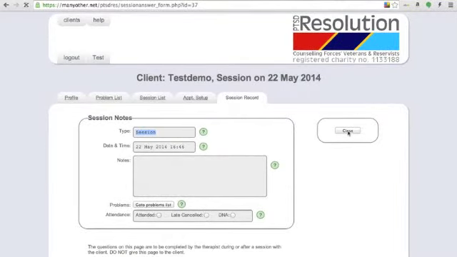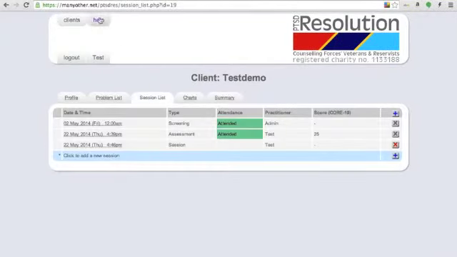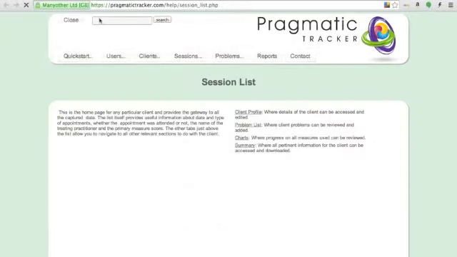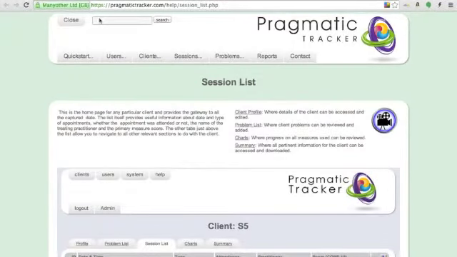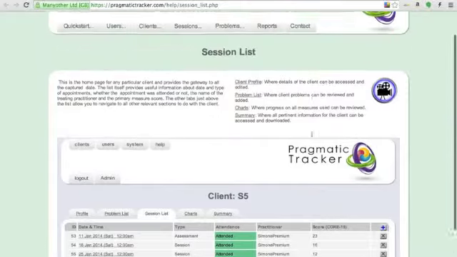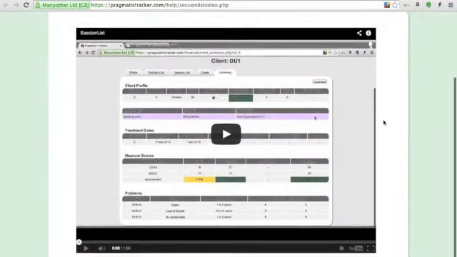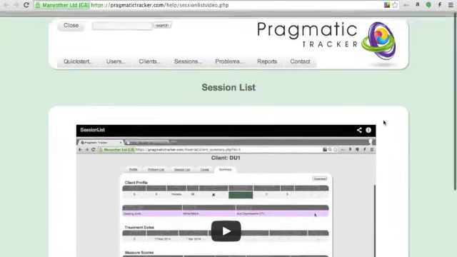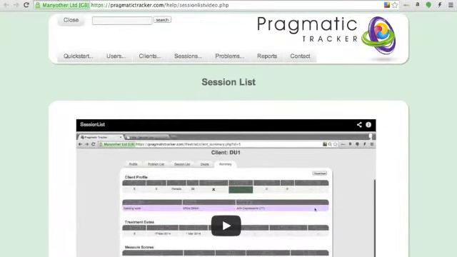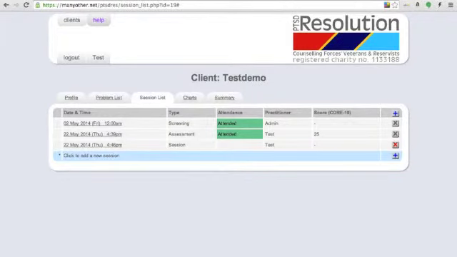Now, wherever you are in the system, there's help available. You simply click on help and it opens up a new tab and you're brought to lots of information about that part of the program you're on, with videos that you can choose to watch as well to explain things in more detail. So it should be pretty easy for you to find your way around the system, but if you have any